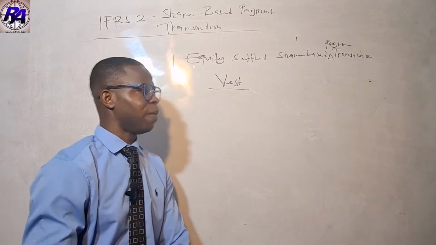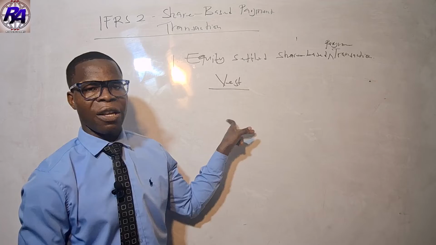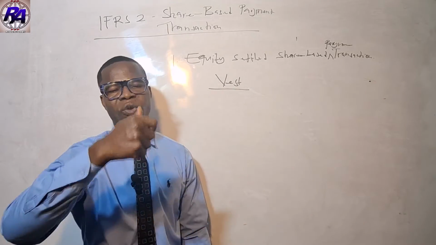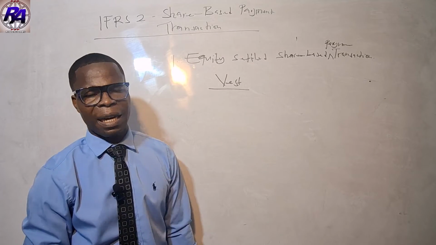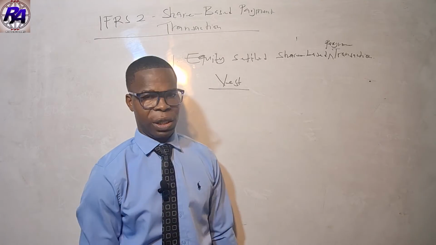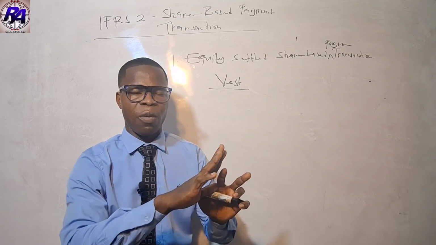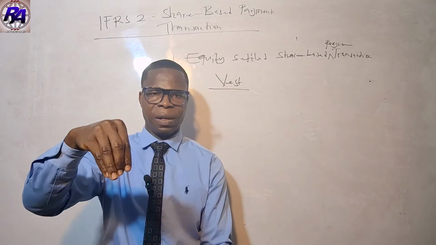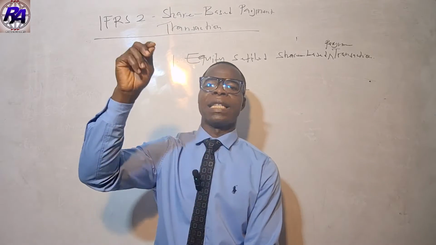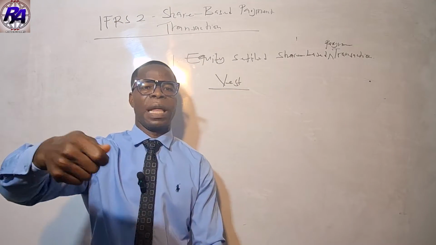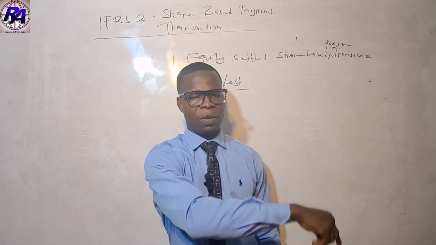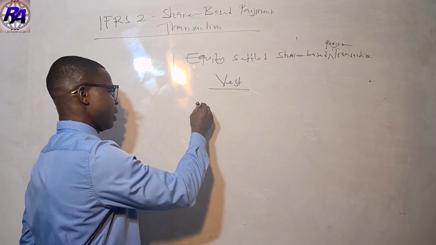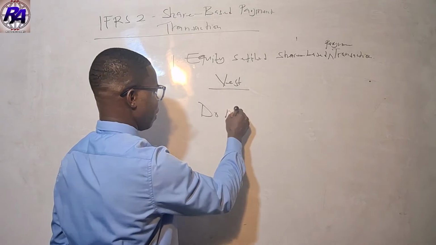What this statement simply means is that if we enter into a contract today and there is no service, and the supplier is not required to meet any criteria or condition, then automatically we can recognize the total value of the goods and services being received and the total equity instrument being issued to the respective counterparty. However, if the transaction does not vest,